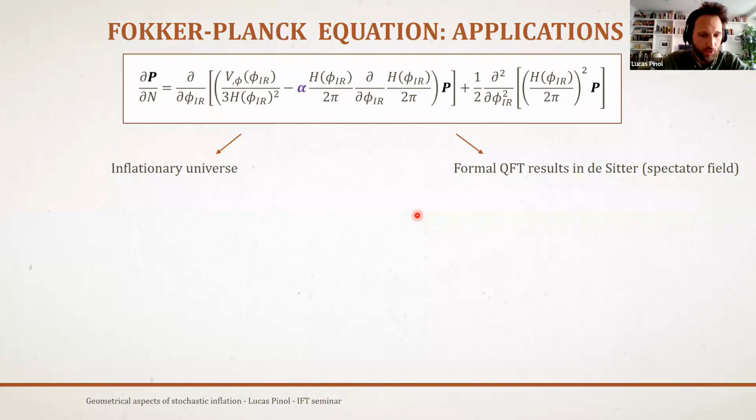Actually, if you start with one prescription, you can always translate it into another prescription by adding by hand to the equation some noise-induced term. So you can switch from one to the other, but consistently, by adding something to the equation. You cannot just choose it like you want.